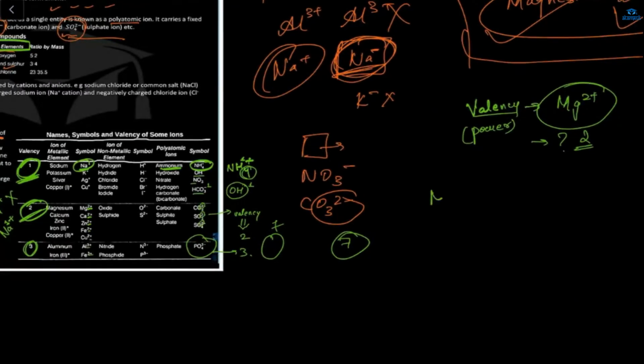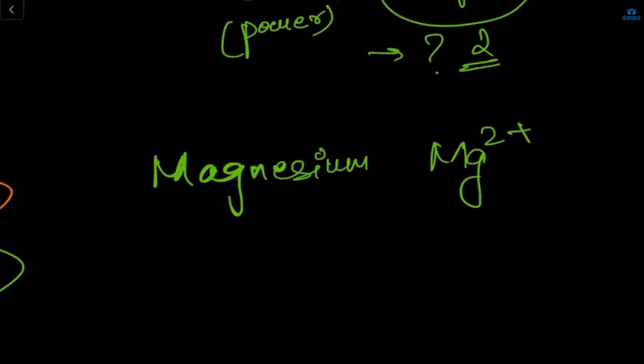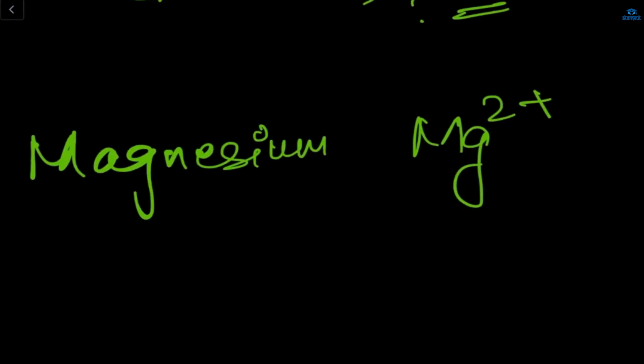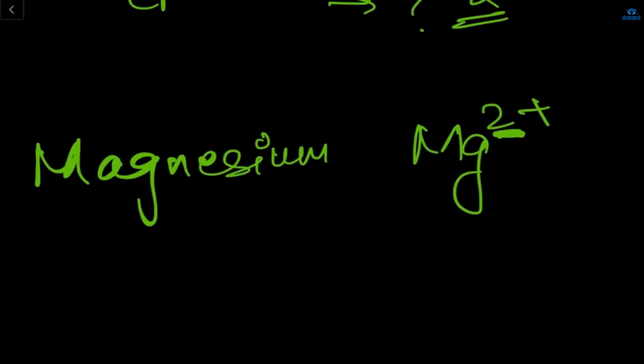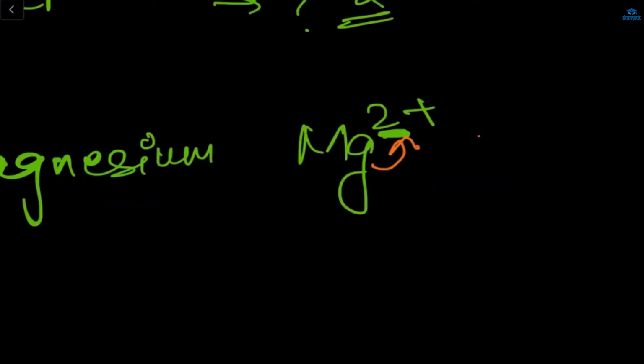Okay, so I'm clear. Let's say I'm writing magnesium. Magnesium is Mg2 plus, right? So here magnesium is having power 2. So the valency of magnesium will be 2, and aluminium is having